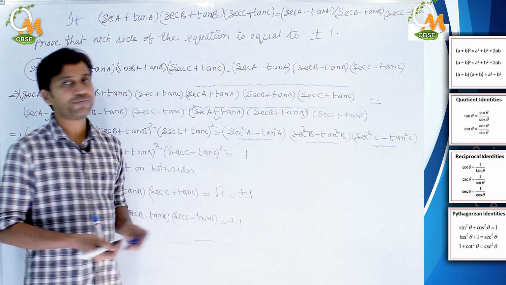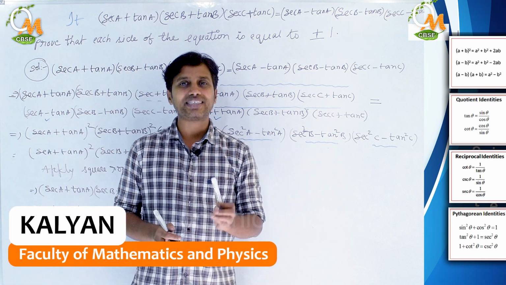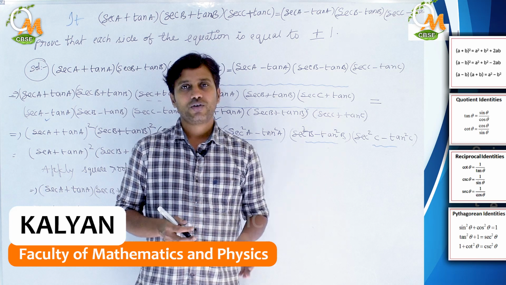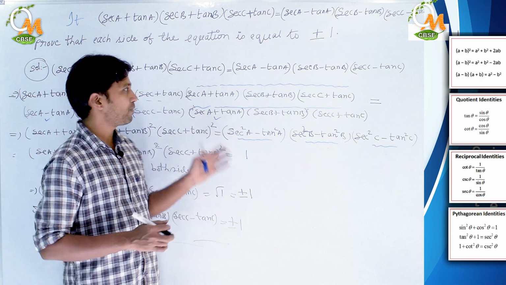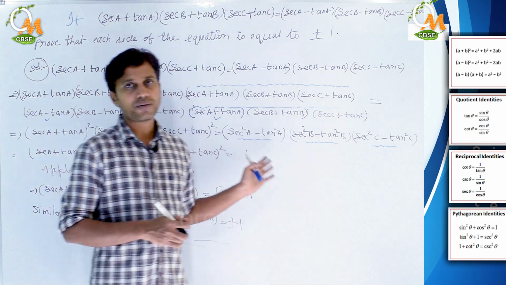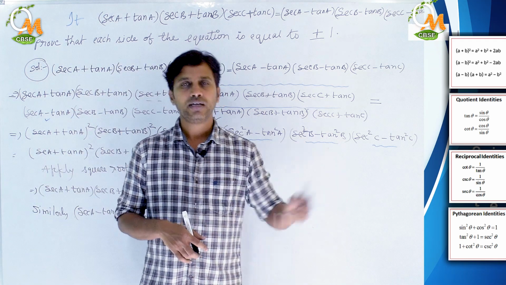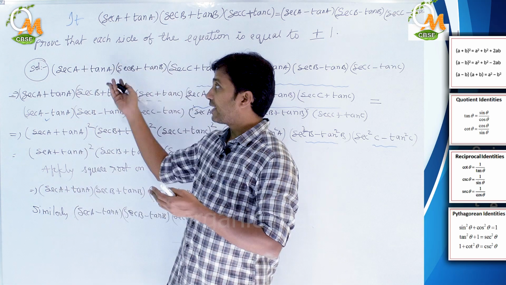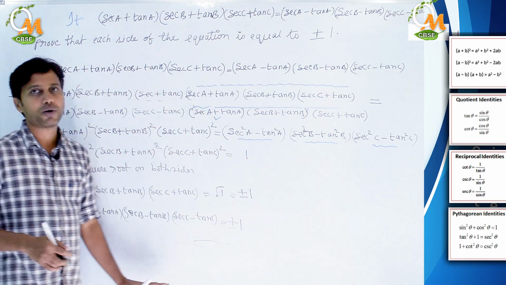Understood? So like this we need to find it. Actually this problem is the simplest problem, but it is lengthy. It is very big in length, but otherwise the problem is very easily solved. Understood? So anyway guys, sometimes problems might be given like this. You don't need to panic after seeing the length of that. Simply by multiplying with some factors we can get the answers like this. This is a very simple problem.